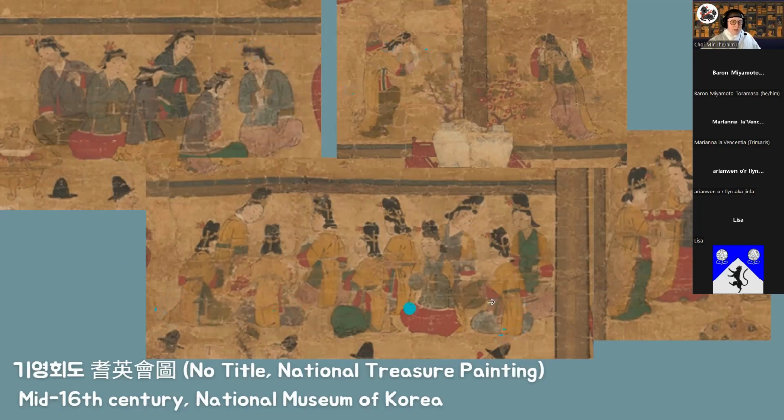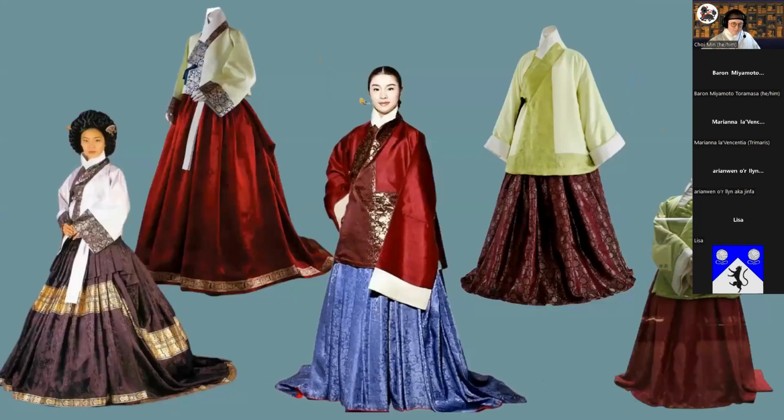And then these are probably gisang, performing gisang, and so they have their dance outfits on, and they all have the same bunny ear look hairstyle thing, and they're serving. But you can see that it's just their chogori, their chima, and then this overrobe with the fronts tied back.